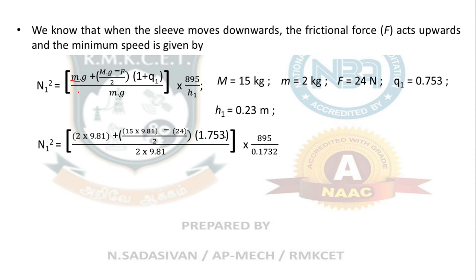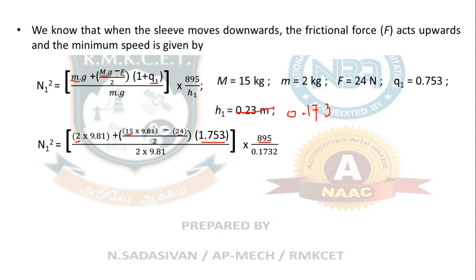So this is 2 kg, 2 into g, capital M is 15 kg, 9 into g divided by 2. So this is 24 Newton friction here. Okay. So similarly Q is 0.753, therefore I am putting 1 plus 0.753, 1.753, 1 plus Q multiplied by 895 divided by h1. So I think I have written this wrongly. h1 was